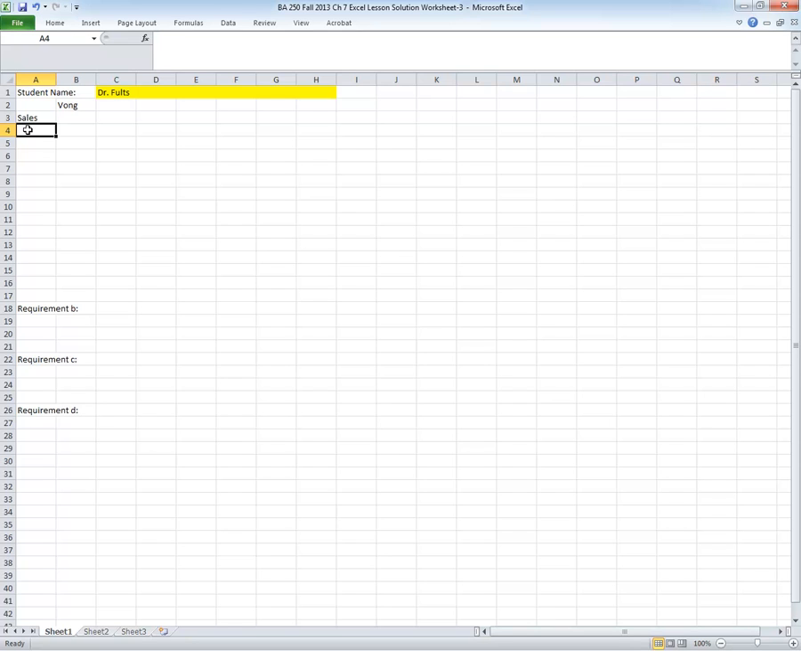So in this one, we have sales, and it's in row 3. In row 4, we want cost of goods sold. And in row 4, we want gross profit. And in row 6, we don't want anything, just the way it looks in the book. And then we want gross profit percentage. And then on line 8, we don't want anything. And on line 9, we want accounts receivable. And on line 10, we want allowance